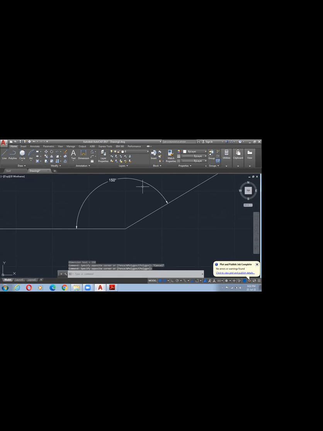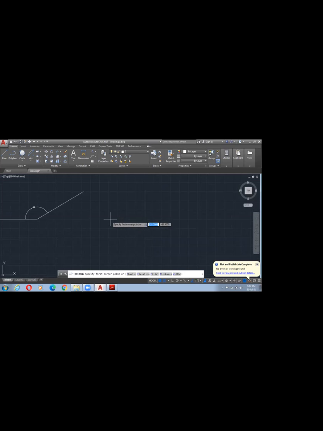So properly, everything, not only this line, even circle, arc, rectangle, everything. See, for example, I have chosen rectangle, like the first point. First point you need to choose. It won't choose by itself. Here see, x and y axis, 16.5 and 7, then 10 and 5. Enter. Got it?